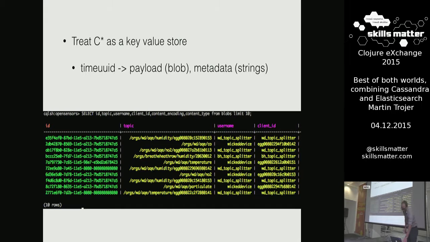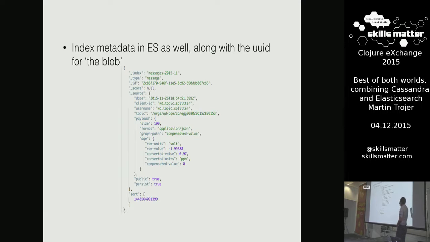All right? And then we also store some other interesting information in Elasticsearch. And the key point here is the ID here is the same as the actual blob in Cassandra. So what this gives us now is, when we want to do one of these time series queries, we do this search in Elasticsearch. We get back a bag of UIDs that we then go to Cassandra and fetch, right? And so that's great. So that kind of solved that problem.